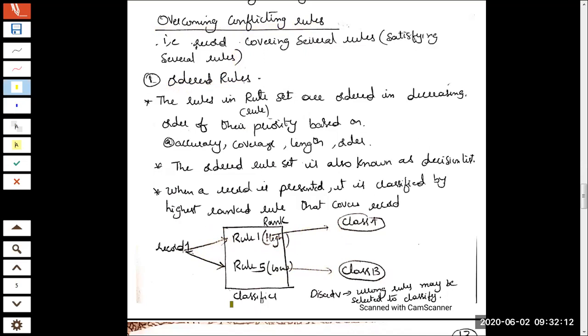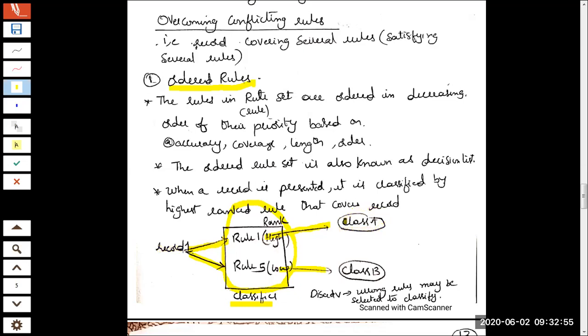To which class should this record be placed? As per ordered rules, you just understood the classifier has experienced a conflicting situation where a single record is triggering two rules. There was no issue with this, but the issue is each rule is pointing to a different class. To overcome this conflict, what we can do is define a ranking or priority. As per the defined ranking, record 1 will go and sit inside class A, not class B.